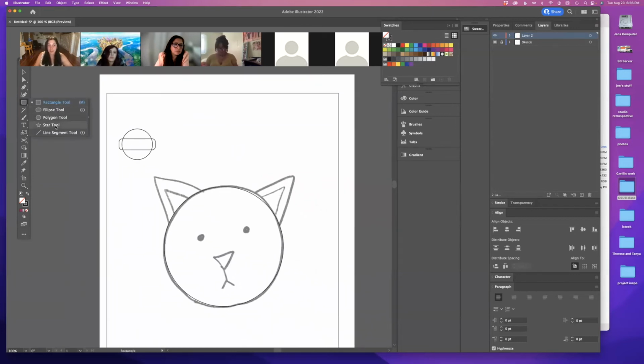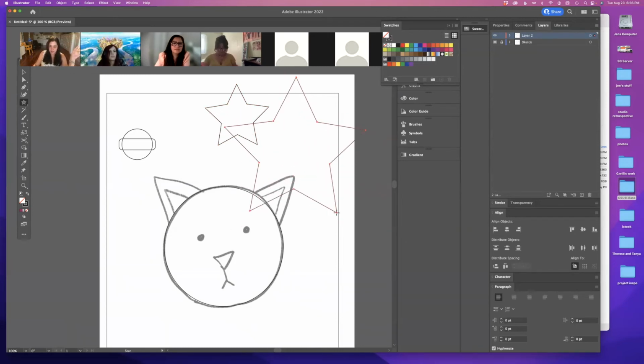So if you need a triangle, you get the star tool. That might be a little weird at first, but see, I just made a star. And I did that by clicking. So I'm clicking, I'm leaving my finger down. My finger has not lifted up from my mouse button. And now I'm dragging, and as I drag, that star gets bigger or smaller. So I'm actually going out and in with my mouse when you see it getting bigger and smaller.